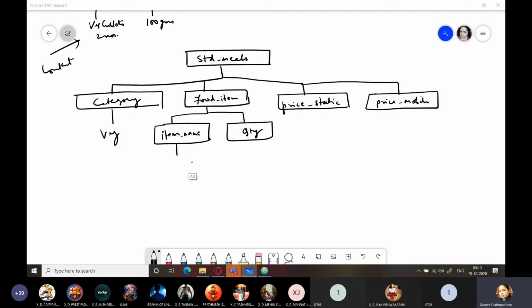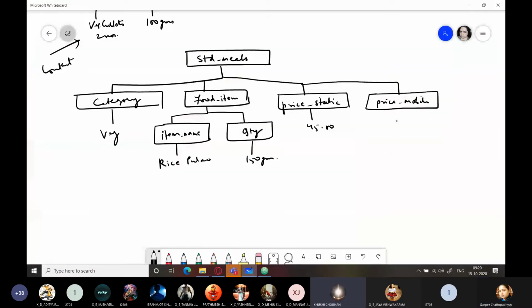And as item name, I will simply take, wait a second. Okay, give me a moment. Okay, doesn't matter. We'll keep it simple for the time being. Okay. Next is 150 grams.